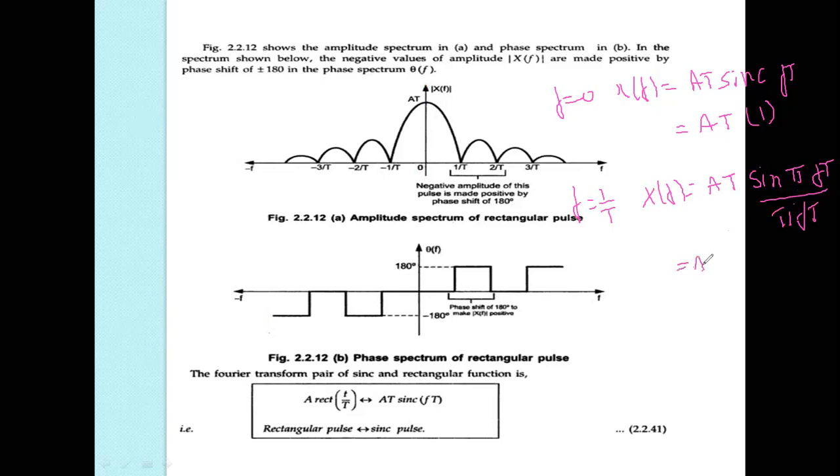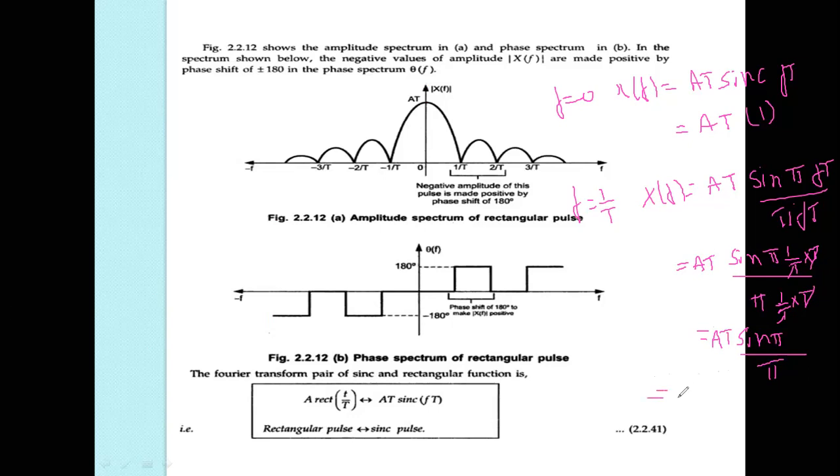So it is equal to A t sine pi f, 1 by t into t, whole divided by pi f, nothing but 1 by t into t. So t gets cancelled, here also t gets cancelled, it becomes A sine pi by pi. Now here also you can use